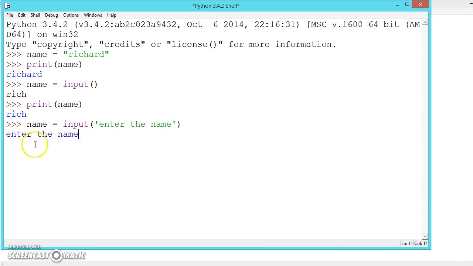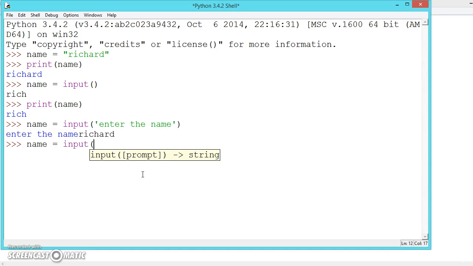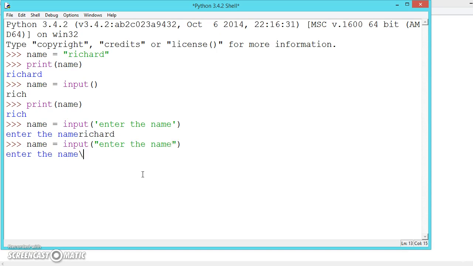Now the user will see, enter the name. Now he will enter any name, Richard. But here it is not giving any space or anything. For that we have the escape sequence. Input, enter the name, escape sequence,